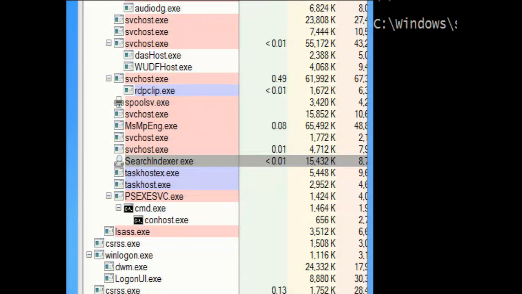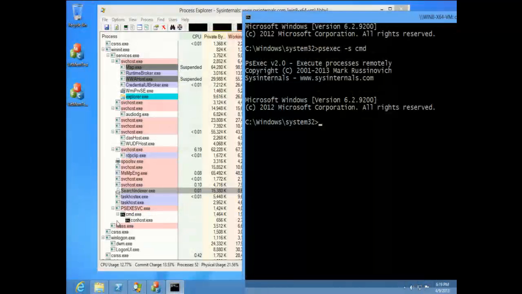It does the same thing when you want to launch something on a remote computer. Okay, so you want to run something, you can use psexec \\computername as long as you have admin rights on that machine to run something remotely. The way it does it is it installs this service on the remote machine, psexesvc, and then tells it to launch this program. Okay? And the service name has always been psexesvc. The new feature is you can change the name of the service and the executable.